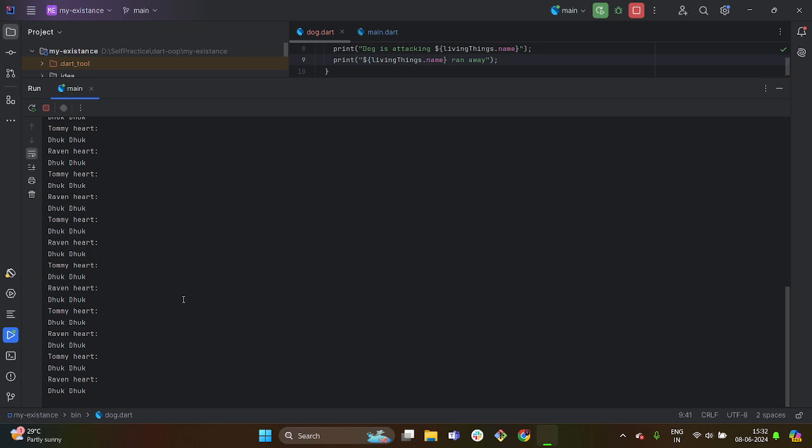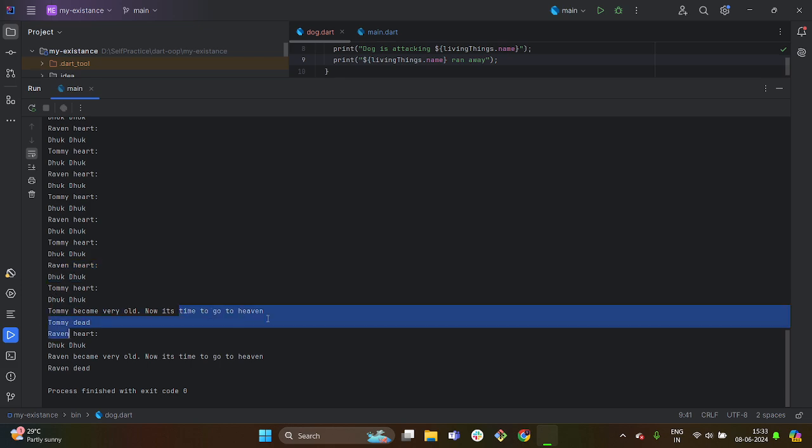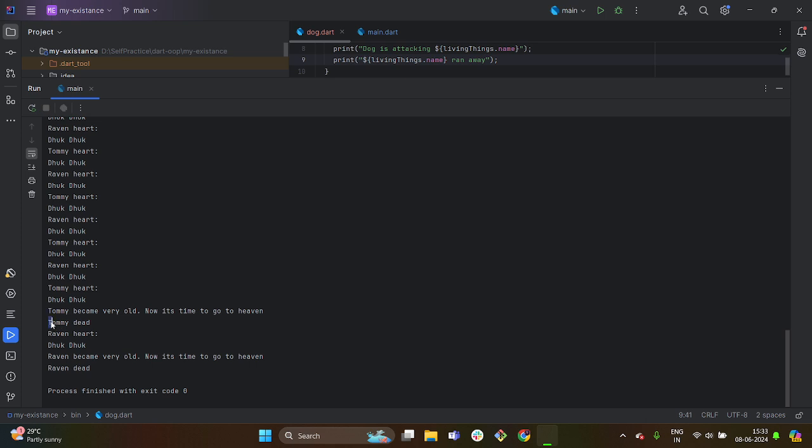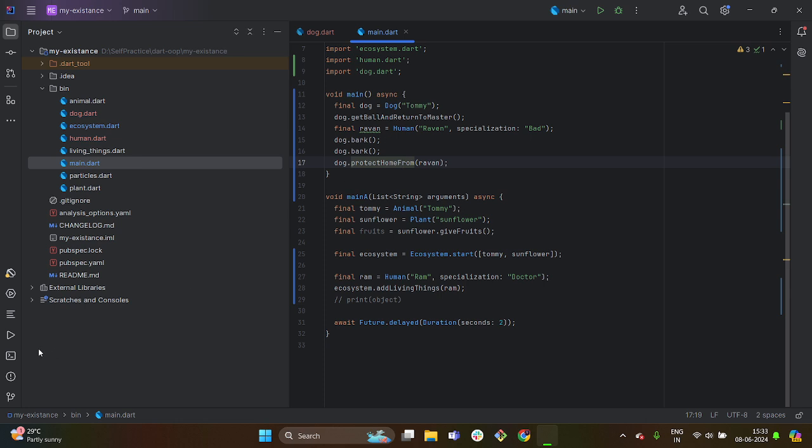And at the end, they both reach the age of 20 and they both will die. Tommy became very old. Now it's time to go to heaven. Tommy is dead. Ravan became very old. Now it's time to go to heaven. But Ravan also goes to heaven because he was also there. There is a separate story. I am not religious. Okay, so this is about